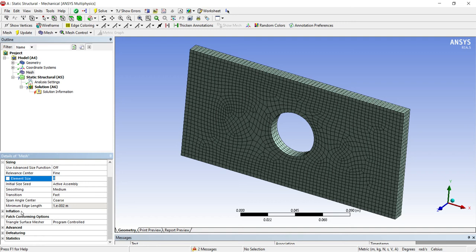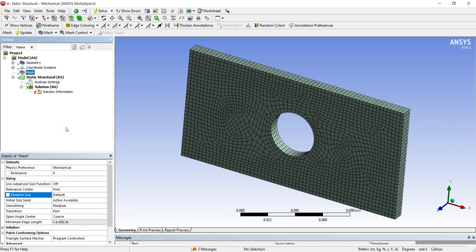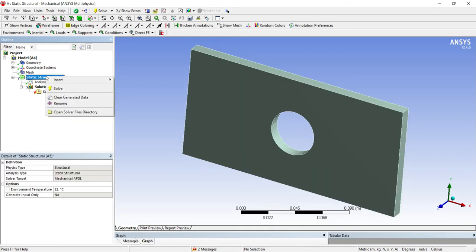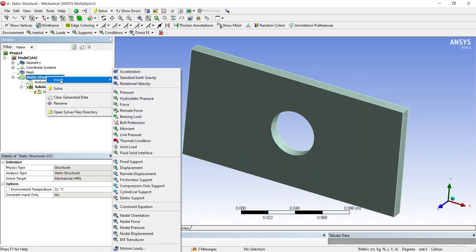And inflation, what the advanced options are, how defeaturing will work, we'll cover later. For now, in basics, it's enough. So once you define this, you go back again. Otherwise, by using this only, you can directly define the static structural inputs, that is loads and fixtures.